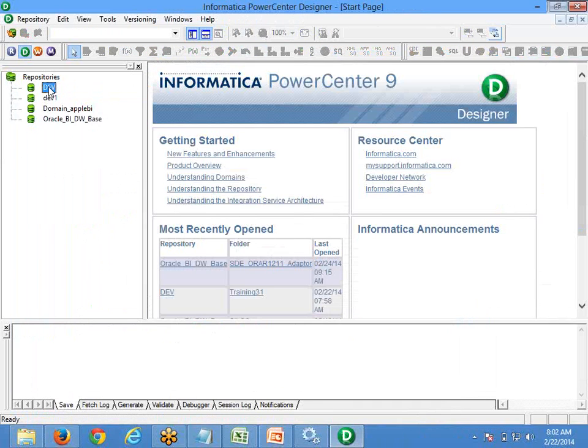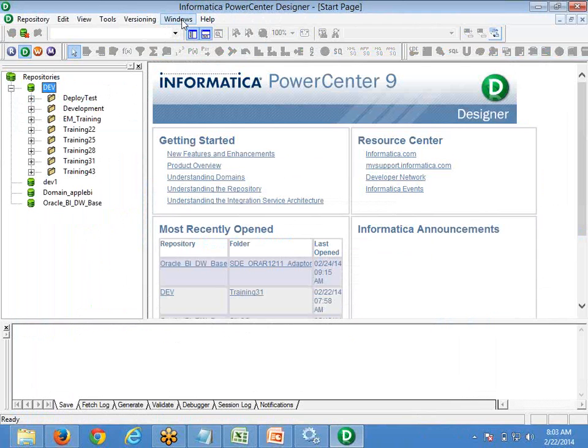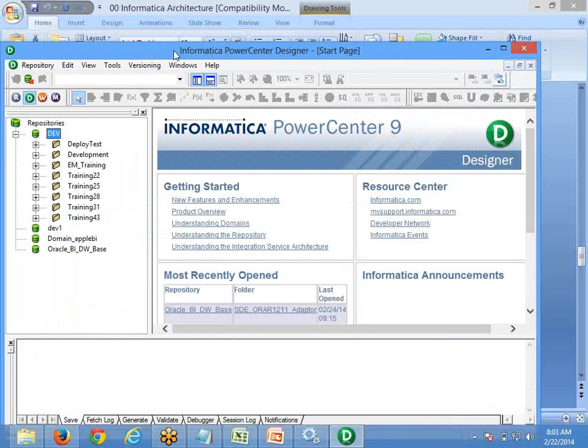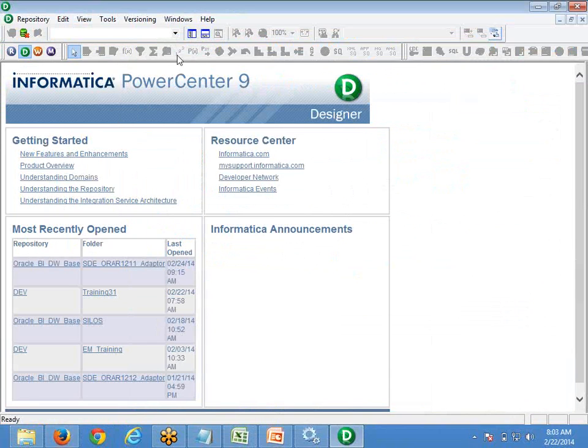So just right click and say connect again. Now you can see a fresh folder has been created. This will give you clarity, because with the previous ones, a lot of other development things are there and you may not get clarity. So now we are in designer.